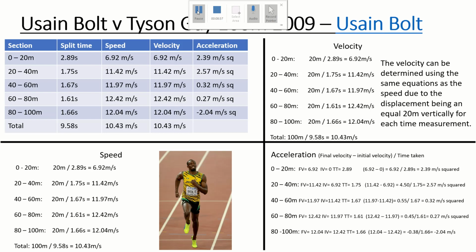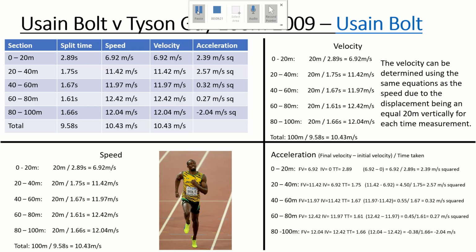and the speed are the same due to the 100-meter straight of the track. All his velocity scores are the same as his speed because there's been no change in angle, and this is sustained throughout. Moving on, then you have acceleration. As we learned before, the equation for acceleration is the final velocity minus the initial velocity divided by the time